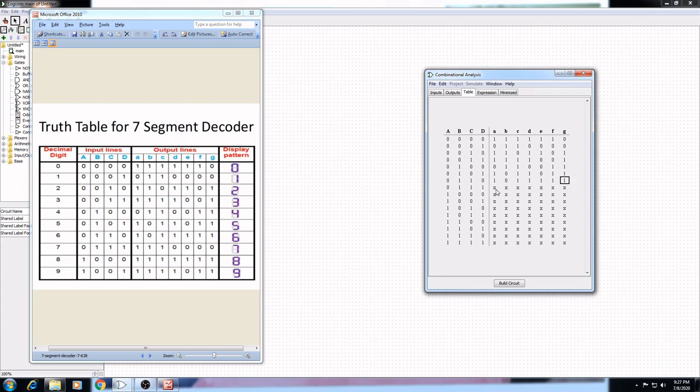Okay. For 7, A, B, C are 1, all others are 0. For 8 we have to set all as 1.